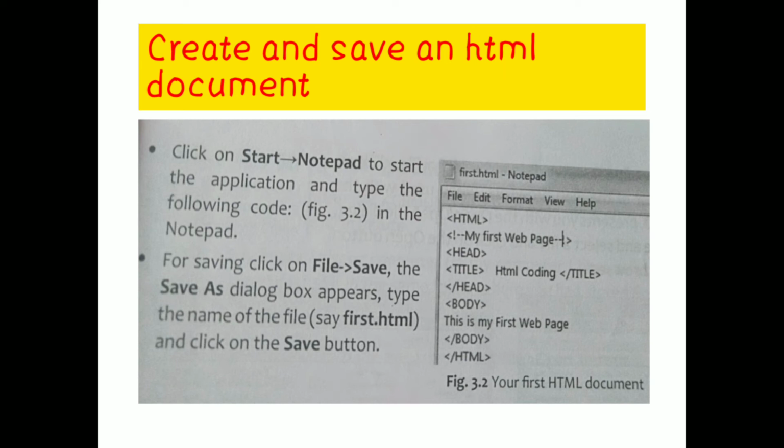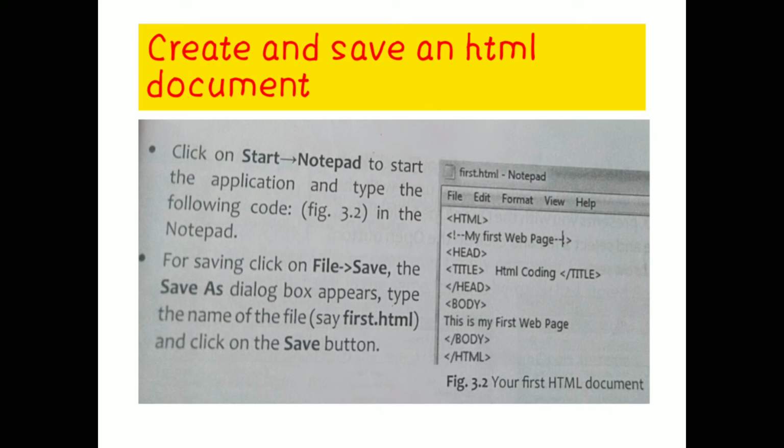Okay, so see here, let us see the instructions that they have given. First, click on the start button and we will be going to the notepad and we will be starting to type the coding. For saving a file, we'll be going to the file option, click on save button, and then we'll be getting a save as option. In that, we'll be saving the file with any name of the file with .html and click on save button. Okay. Here, remember children, .html is the extension of the HTML files.